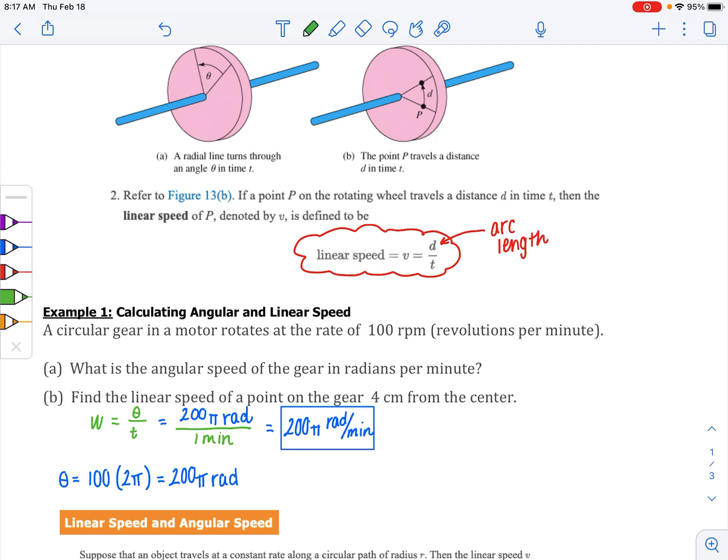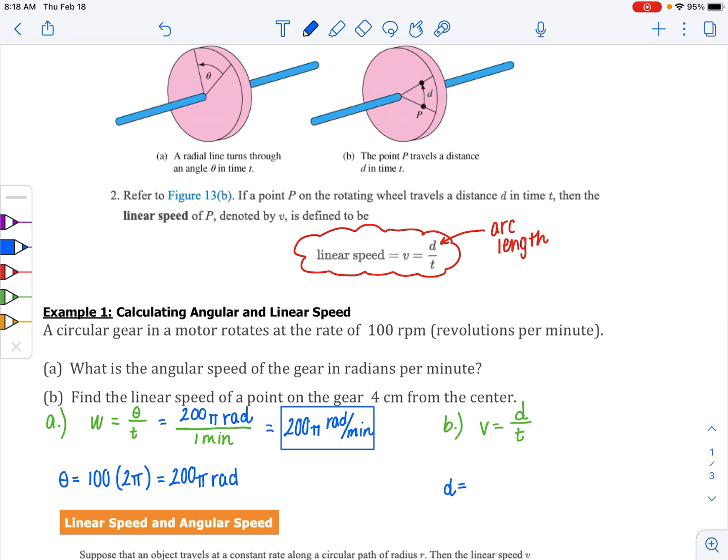Okay, that was part A. Part B now wants us to find linear speed. So that's our equation down here, v equals d over t. Remember, d is the arc length. So we're finding the linear speed of a point on a gear 4 centimeters from the center. So here's my formula that I'm going to plug into. But my numerator has to be the arc length. So think back to yesterday, arc length, d or s, whichever value you want,